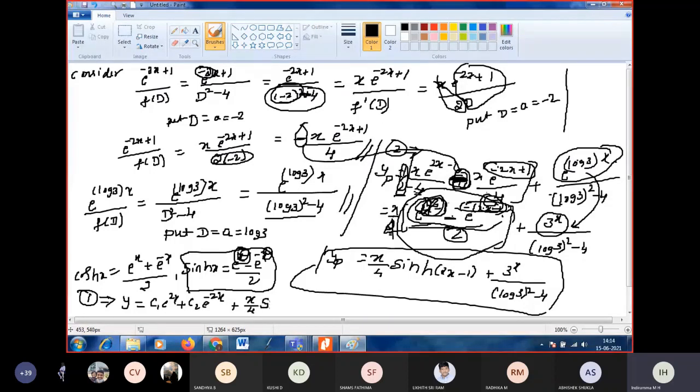There is 1 mark to substitute yc and yp. If you miss it after finding yc and yp, if you leave it as it is, you are going to lose 1 mark. There is 1 mark to substitute yc and yp. Okay. Plus 3 power x divided by log 3 whole square, plus minus 4. This will be a